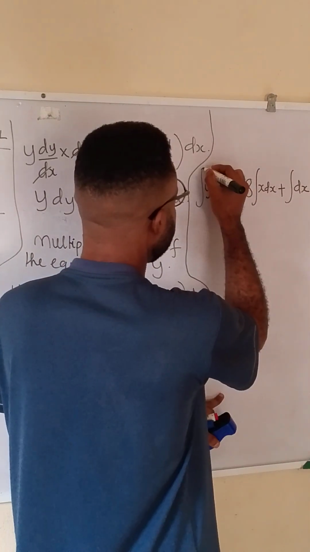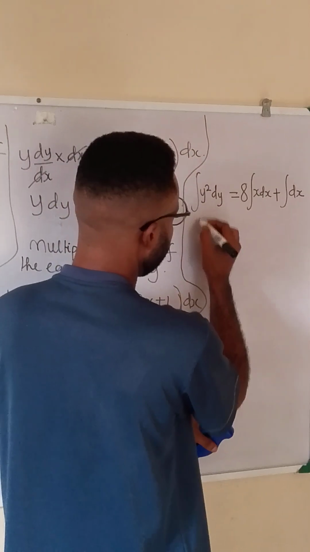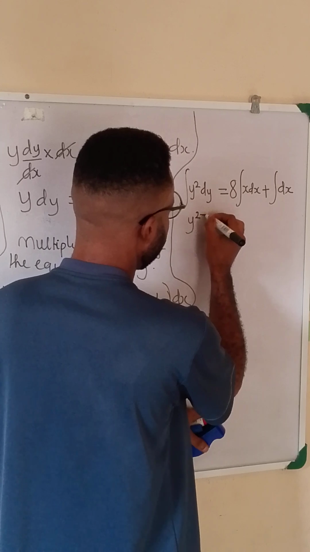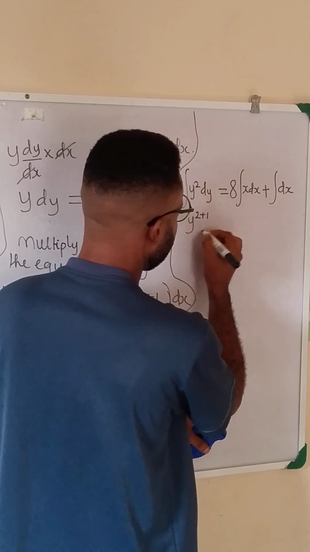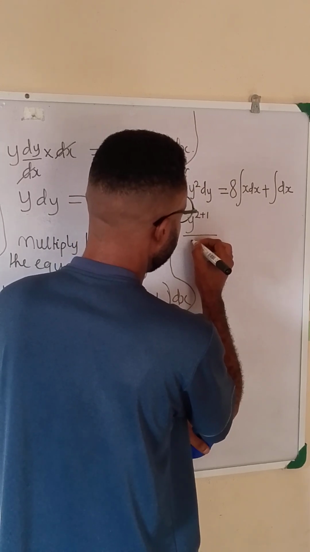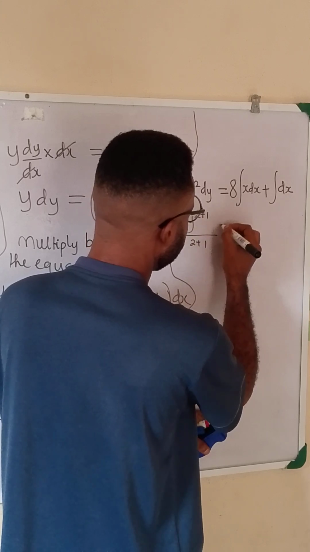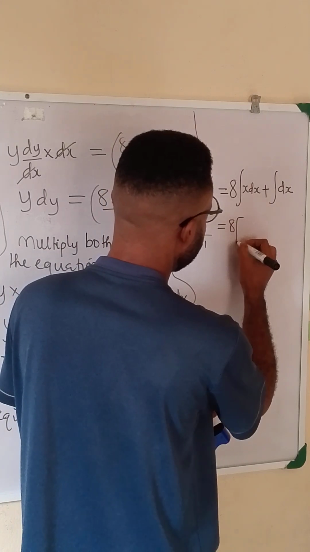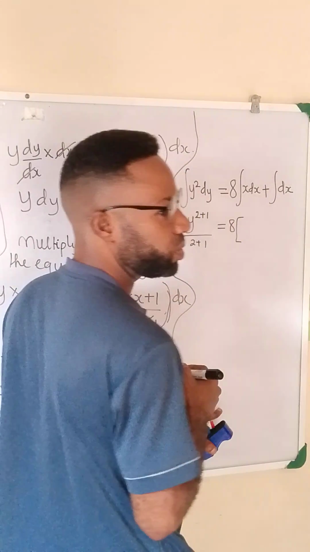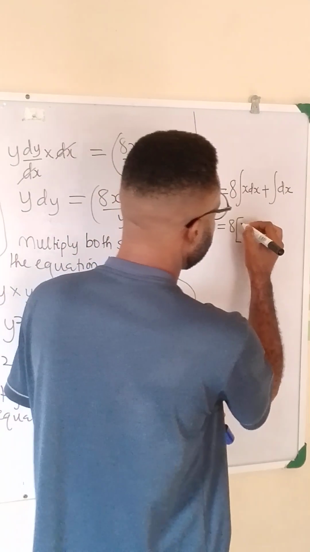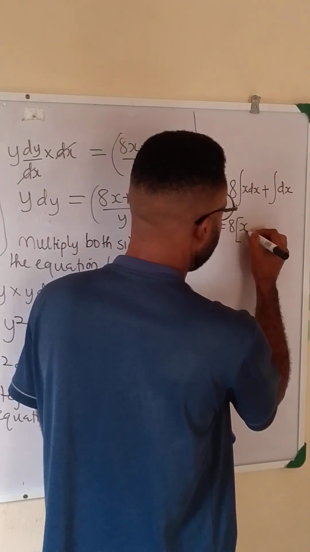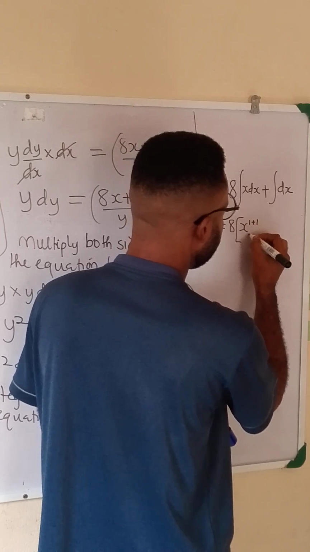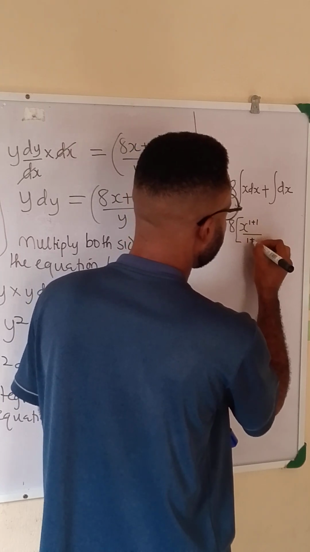So if we integrate y squared dy, this will be y raised to 2 plus 1, that is the power plus 1, divided by 2 plus 1. This will be equal to 8, place it in brackets. If we are to integrate x dx, it will be x, because we have original 1 here, 1 plus 1, divided by 1 plus 1,